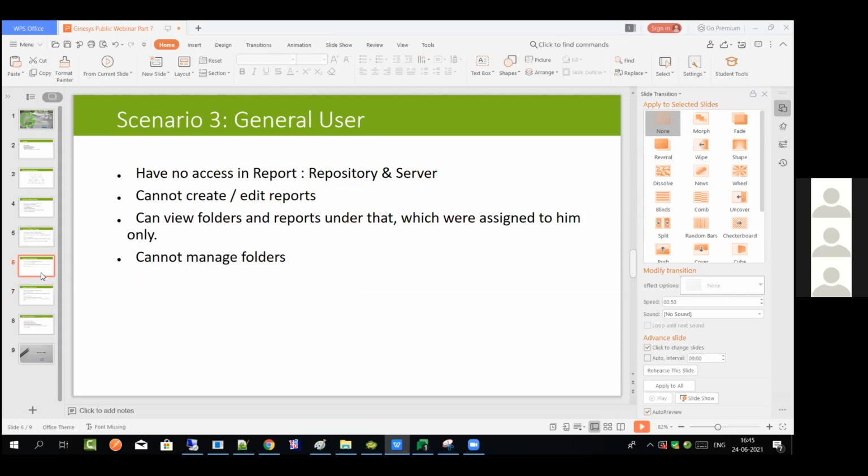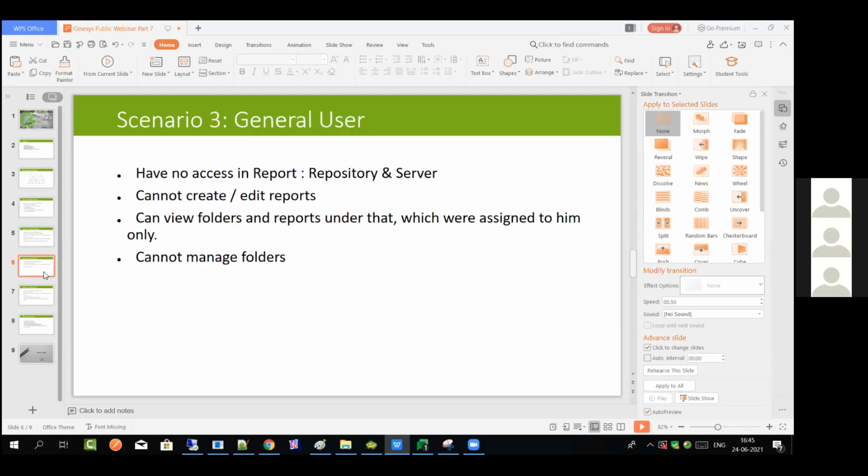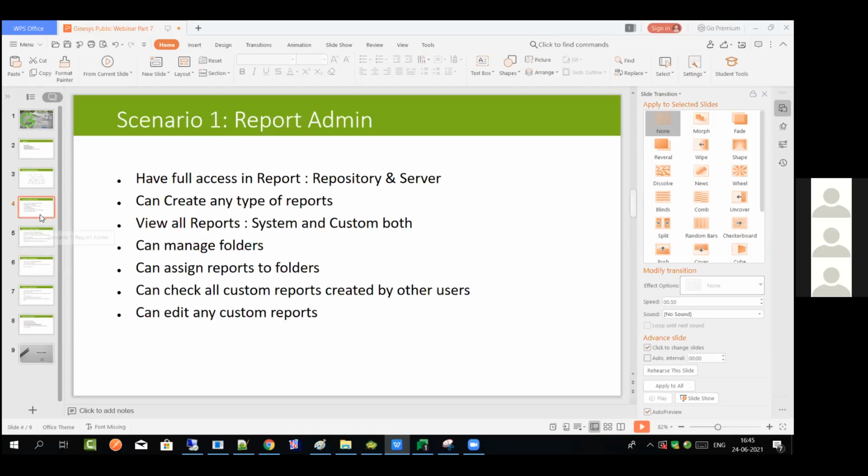So based on the various scenarios in an organization, generally we see these two kinds of users: the special admin, the IT admin person, and the various users who are using the reports without much option to edit them. They go and use those reports only, run these reports on a daily basis. It could be a bill outstanding report, it could be a ledger report, whatever report you assign to a particular user, he or she can then execute it and commence with the daily activity, right?